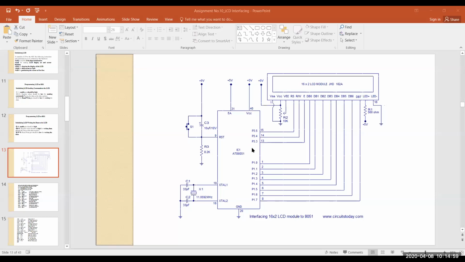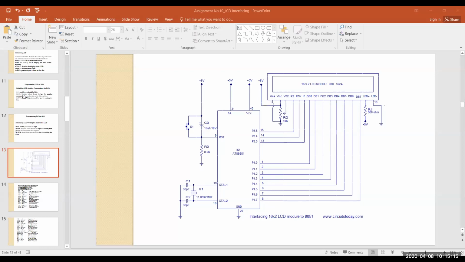In the diagram you are able to see on your screen, port 3 is used for RS, RW and E, and port 1 is used for DB0 to DB7.